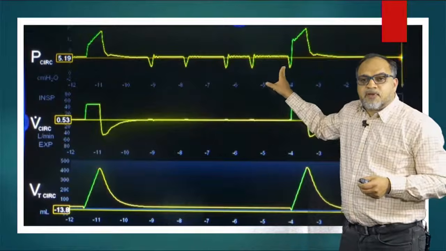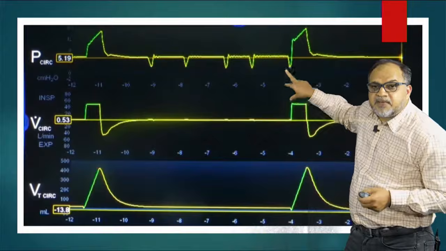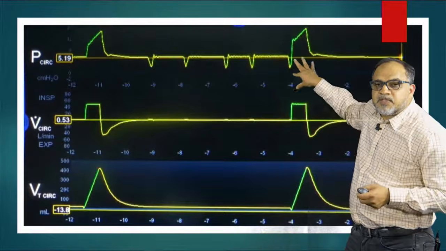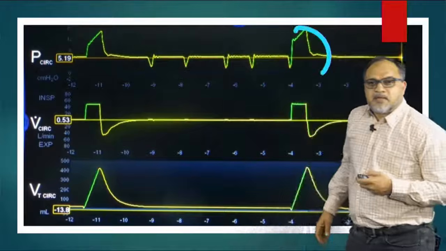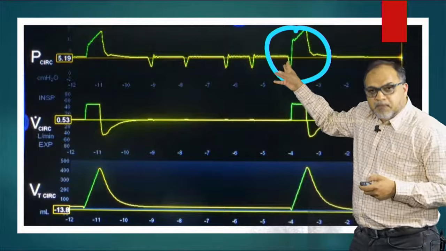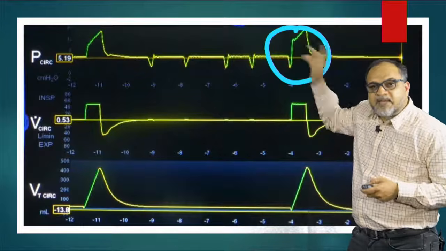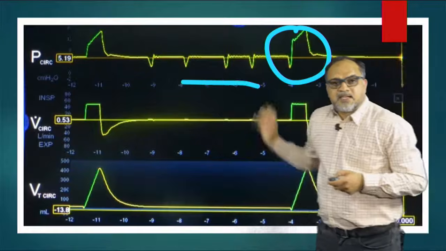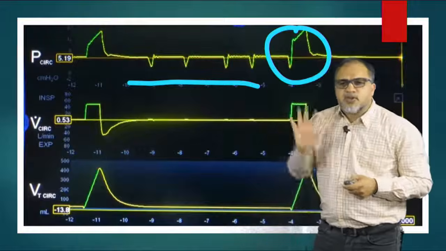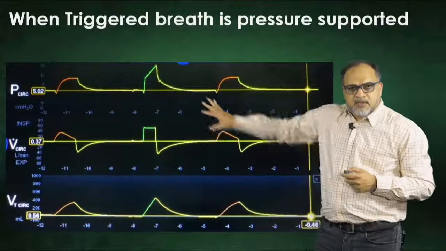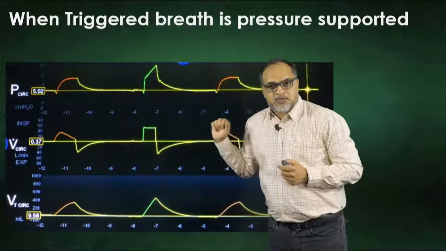Now at the time of mandatory breath, if the patient triggers, then that mandatory breath is converted into a supported breath of 500 ml tidal volume, right? So this is a supported, triggered breath, which came exactly at the time of mandatory breath. And these are the breaths which were ignored. This was plain SIMV, which is not used anymore. Nowadays, we use SIMV plus pressure support. So how does it work?